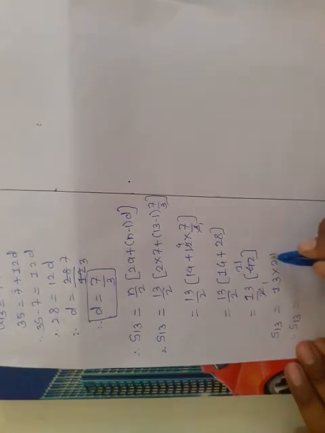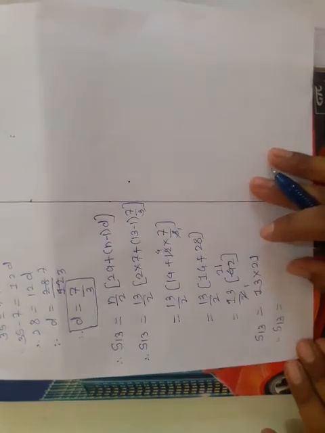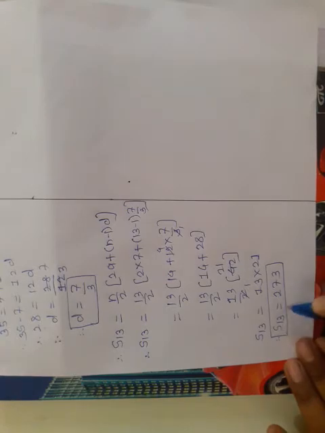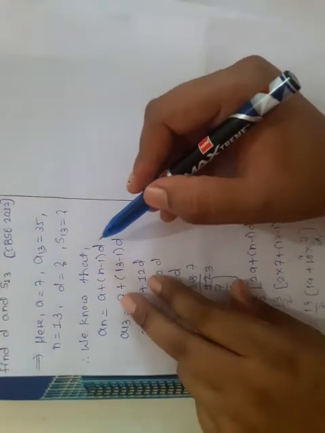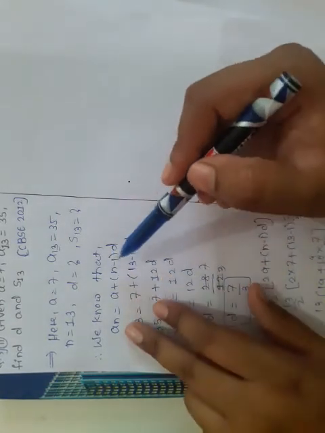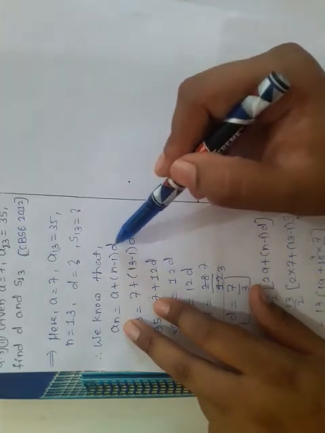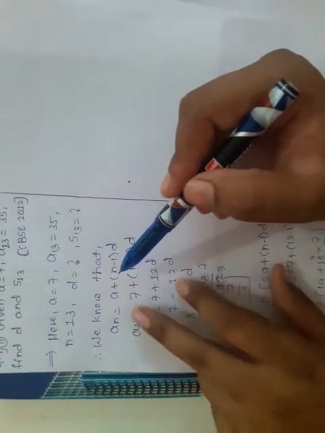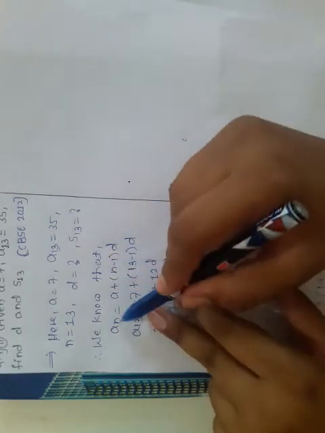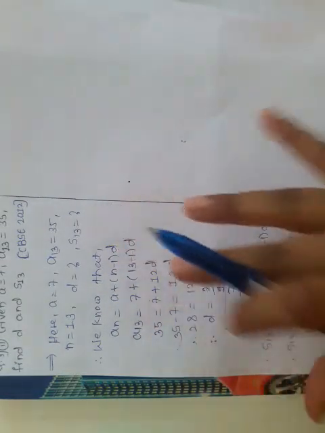Take the multiplication, 13 into 21, and 13 into 21 is what then? 273. So the sum of 13 terms of an AP is 273. By using this formula we can find out n if A is not given, but we need all three values, an, n and D. If we have to find out n, then we need an, a and D. So by using this formula we can find out all these four values, and once we find all these values, put them in this formula.